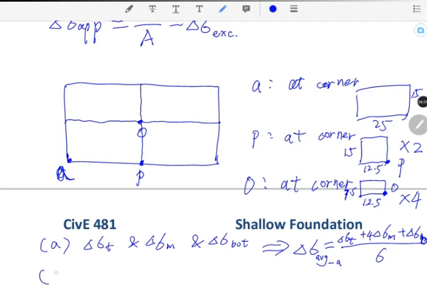Similarly, we can find delta sigma average for point P